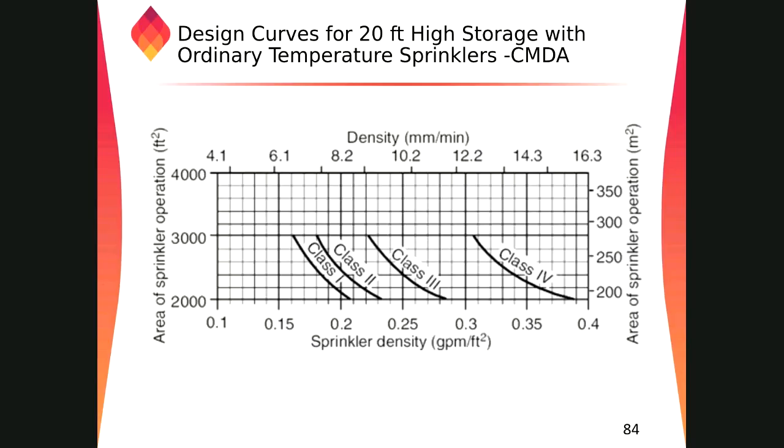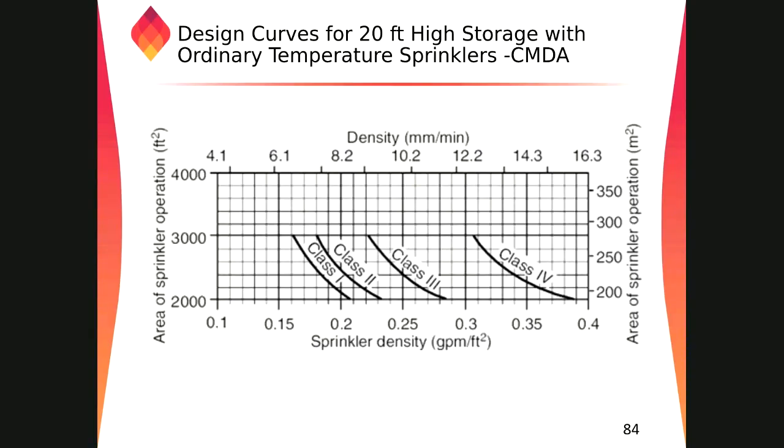Here we have one density curve, but this is not the one we used to see in chapter 11 of the design approach in NFPA 13 for light hazard, ordinary or extra hazard. This is for commodities classifications, class 1, class 2, class 3, and class 4, right? If you look at class 1, the design density starts from 0.2 with a minimum area of consideration of 2000 square feet. And class 2, class 3 and 4 go up to 0.4.